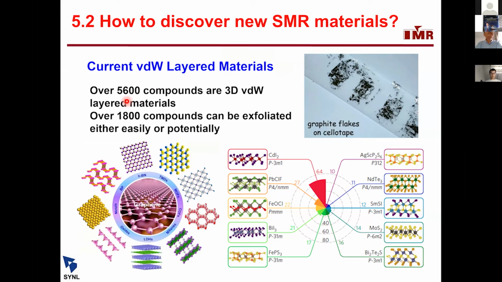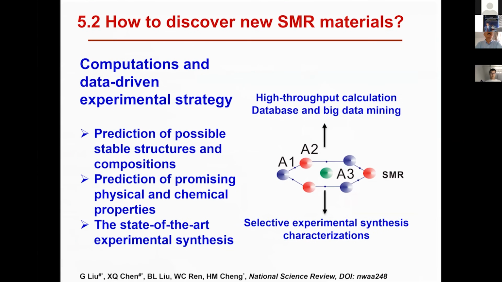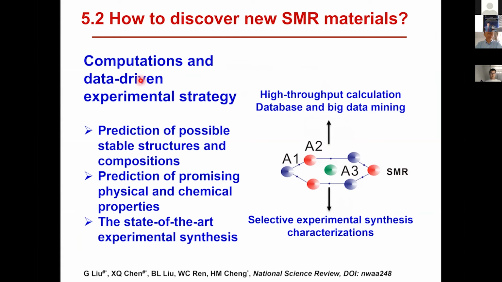Over 5,600 compounds are 3-dimensional layered materials. So we can exfoliate from those materials to get new 2-dimensional materials and measure their properties, as I show you here. However, more importantly, we need to predict the material by using the strategy